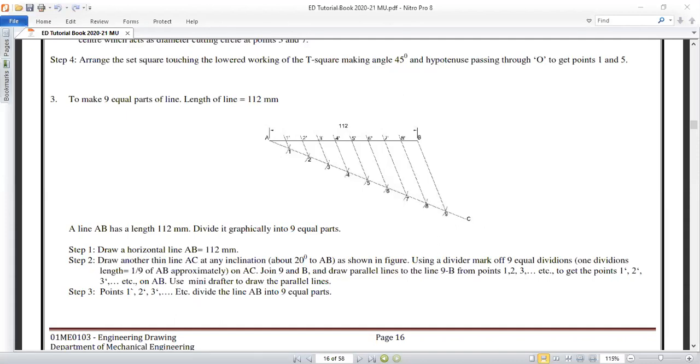So here you have the points. This is your point number 1. This is your point number 2. Likewise. So now you have to mark this point by using this compass, by marking this as a 10 mm. Right? This is your restriction. You have to keep this as a part of restriction.